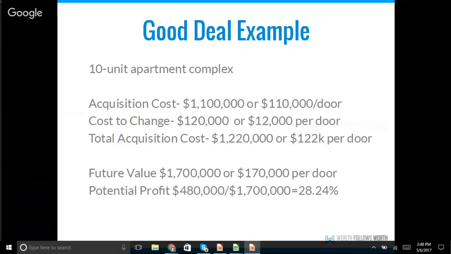So guys, again, this is a simple formula. Acquisition cost plus cost of change equals total acquisition cost. How does that compare to the future value? If those look good and just a simple analysis, then you better get that deal under contract and get that going. If you want to shoot that deal to me and you happen to be one of my students, we